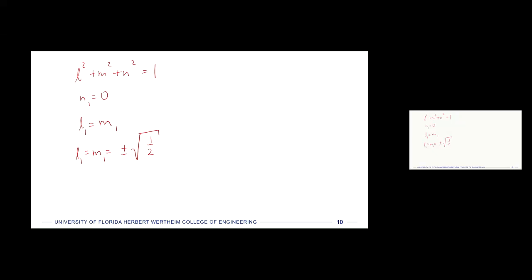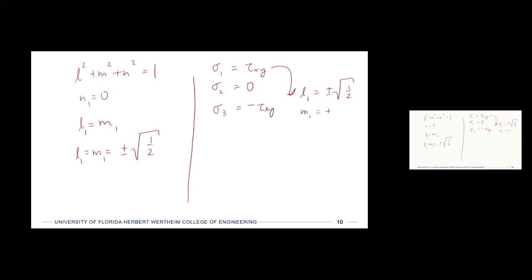So for this problem, we have solved for sigma 1, sigma 2, sigma 3. So we have tau xy, sigma 2 was 0, sigma 3 was negative tau xy. Those are the roots of that simple cubic. And then for the first state, we have determined the direction. So L1 is plus or minus square root of a half. M1 was the same thing,